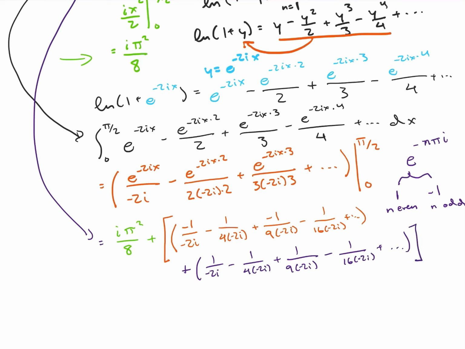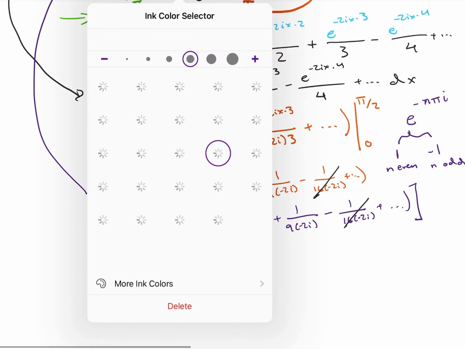And what we notice now is some of the stuff is going to cancel. So I have, oh sorry, this whole thing is minus, not plus right here. So this should be a minus sign. Okay, so if I take negative 1 over negative 2i minus 1 over negative 2i, that's fine. But then I'm going to take this guy, and this guy is going to cancel with him. And then this guy is going to cancel with him as we go up. And what we're going to be left with, interestingly, is going to be that same i pi squared over 8 plus, and now my entire expression inside is going to be,